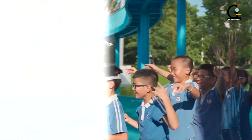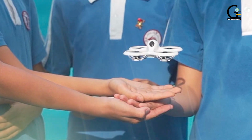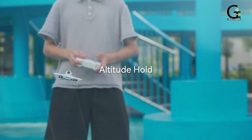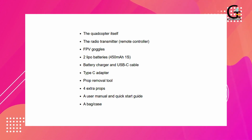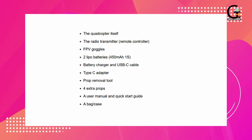The bundle comes with a full FPV setup, including goggles, batteries, and a console-style controller, which you can also use to practice in simulators. Delivered ready to fly, the drone itself is incredibly light. FPV flight makes crashes more likely, but the Cetus is built tough enough to withstand most impacts. Turtle mode means it can right itself remotely, while 3 speed settings and 3 flight modes offer flexibility for learners